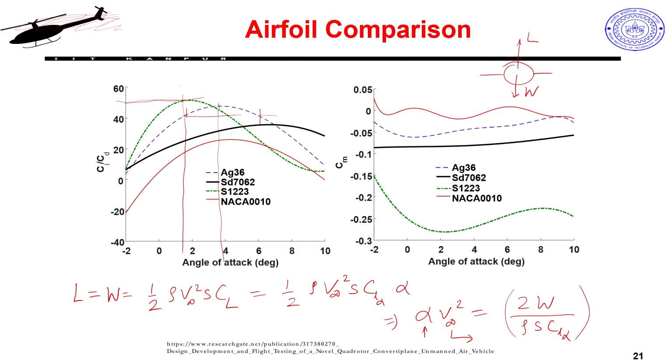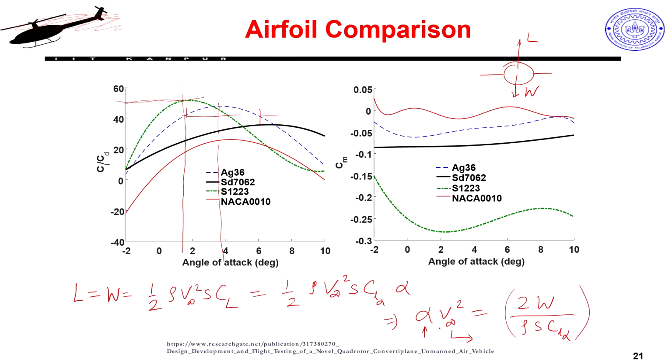But once I reach there, I now have to kill time. Before I do my final mission, I have to wait and hang around and see where my target is. Okay. So, for that what do I do? I would want to fly at a speed which will conserve my energy, so that I can spend the maximum amount of time there. So, all that actually gets answered. Now I will go to a speed which will probably be lower, to decrease my drag and power consumption, which means I will probably operate at a slightly higher angle of attack.